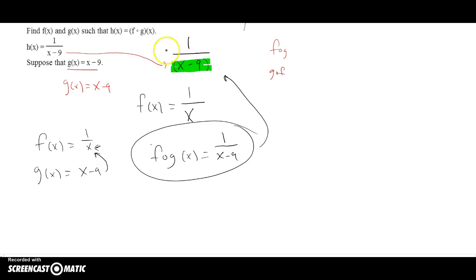So what you end up doing is, again, one more time, just identify what they tell you g of x is, just go ahead and erase it or highlight it, whatever you need to do, and then whatever that was is going to become just an x in the next